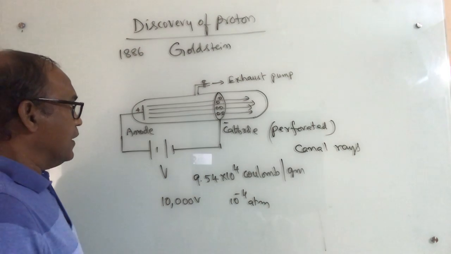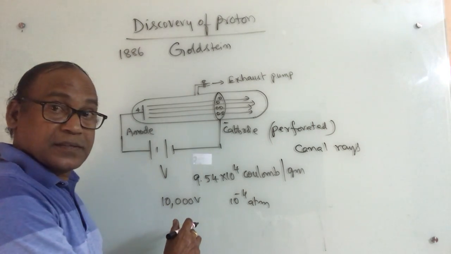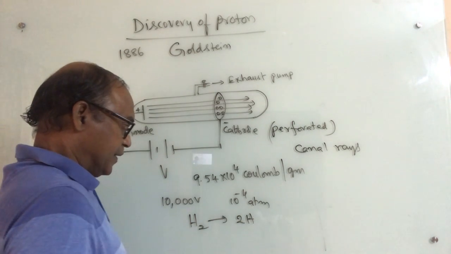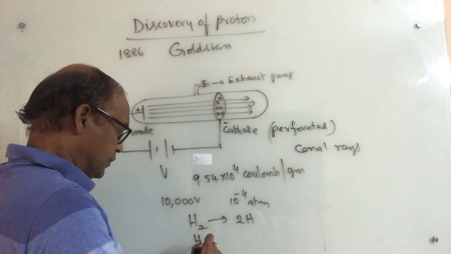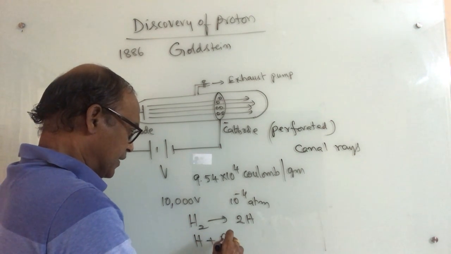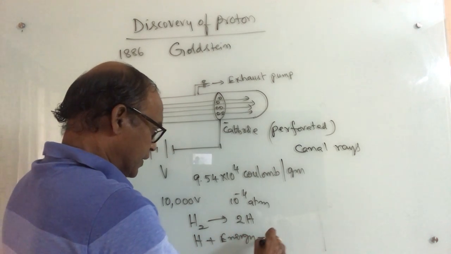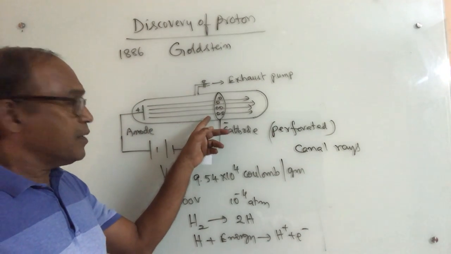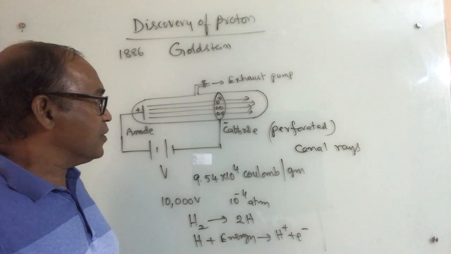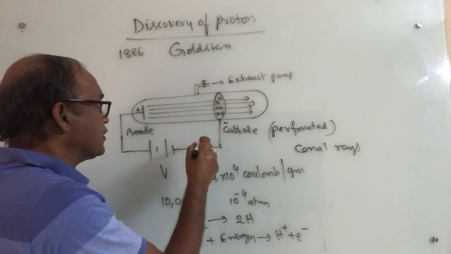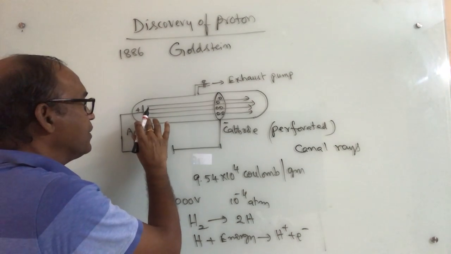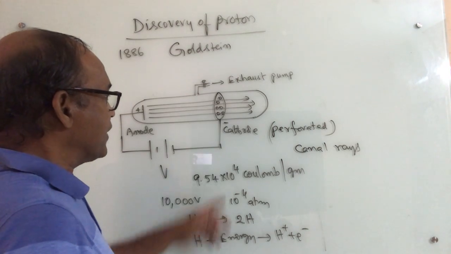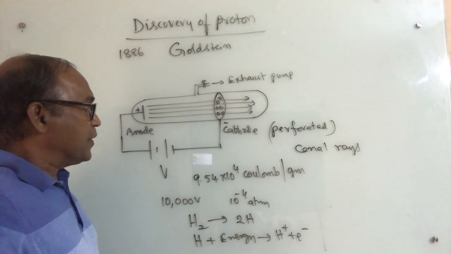Here, the gas like hydrogen gas, which is placed first, undergoes splitting of hydrogen atoms. Hydrogen atoms undergo ionization after taking energy, which is in the form of the voltage applied, giving H plus and an electron. Here an electron stream is also there, but with this setup we are unable to see those rays. But the positively charged particles are coming from the positive end to the negative end, meaning they are attracted towards the cathode, so they should have a positive charge.